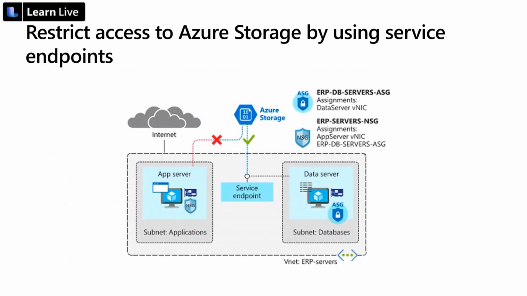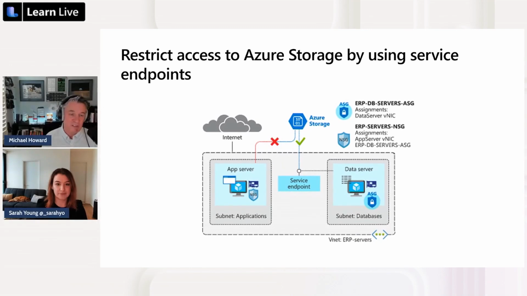I just want to point out real quick, this is kind of what it looks like. If I have a storage account, one of the first things I do, and it's just an example, and honestly, storage accounts are probably one of the simplest examples and really simple to use, so we always use those as the example. The first thing you would do with a storage account is you would say, deny internet access.